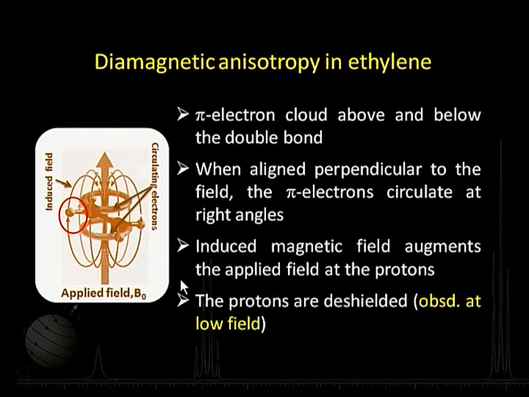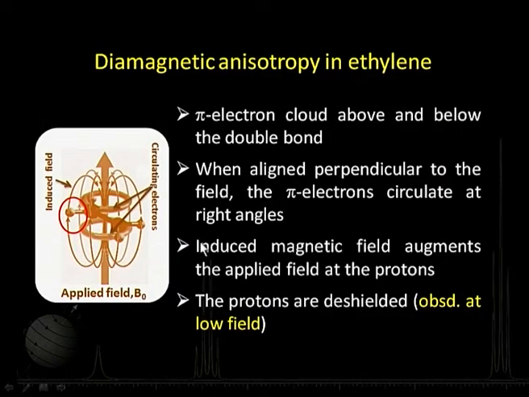As a consequence, the protons are de-shielded, that means, they will be observed at low field. Okay. So, that corresponds to the chemical shift positions observed for the ethylene molecule. And here again the same argument holds, that the molecule can take up all orientations, but this orientation has a significant effect which actually determines the overall consequence of putting the molecule into the magnetic field, or the consequence of the diamagnetic anisotropy. That means, in this direction the effect is much larger than in other directions. So, that is the meaning of anisotropy, that means the effect is different in different directions there.